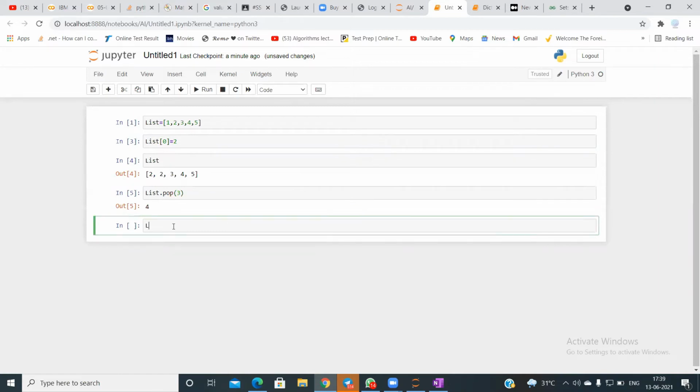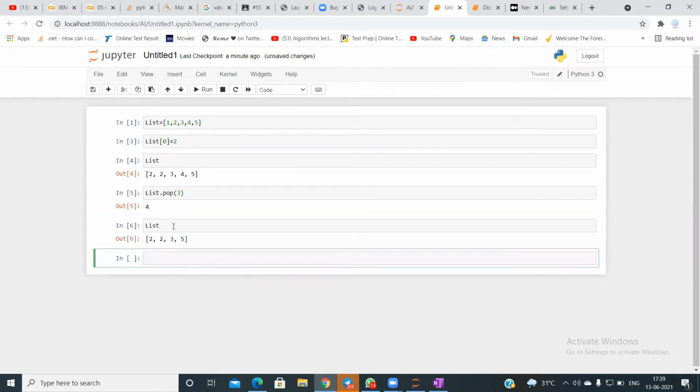So now, let us say that you are in a situation where you don't want your data to change. With a list, you can do any manipulations you want. But let us say that when I'm building a machine learning algorithm, I don't want my data to change.